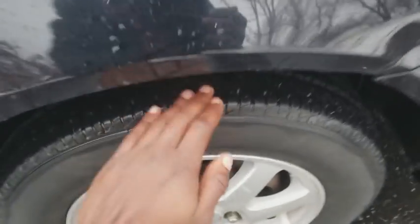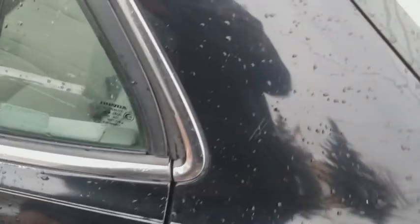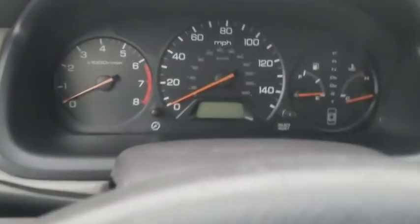Let's start right here. You see this wheel right here? Y'all hear that noise? Same thing as that upper ball joint. The body's all dinged up, but you know, typical used car. What doesn't work, that's a common issue. These don't work, you gotta open it up from the inside. When you turn the key to accessory mode,